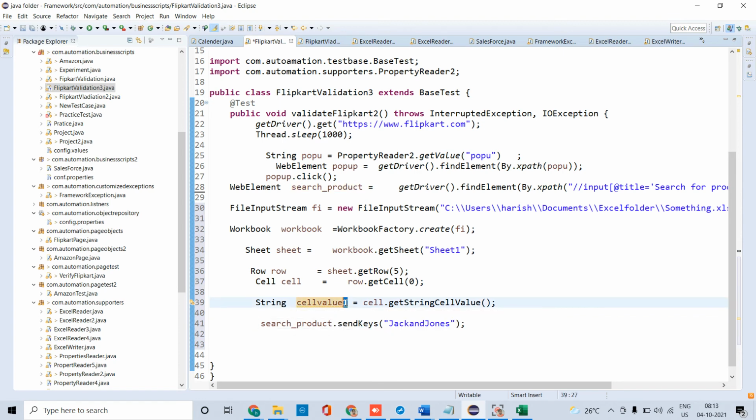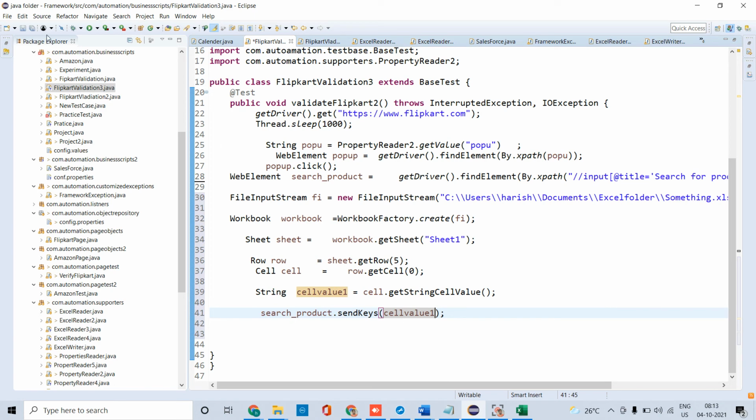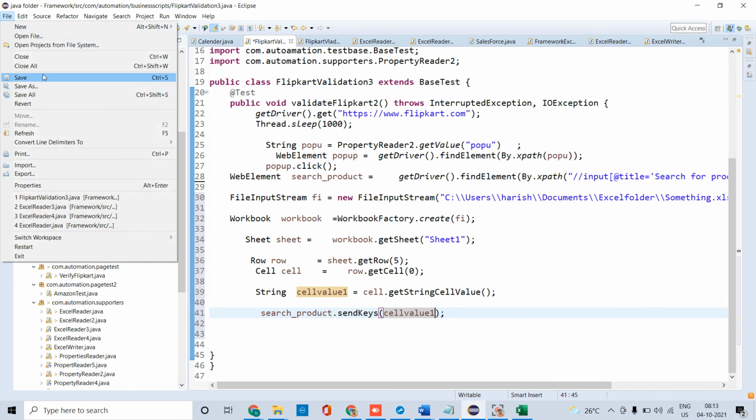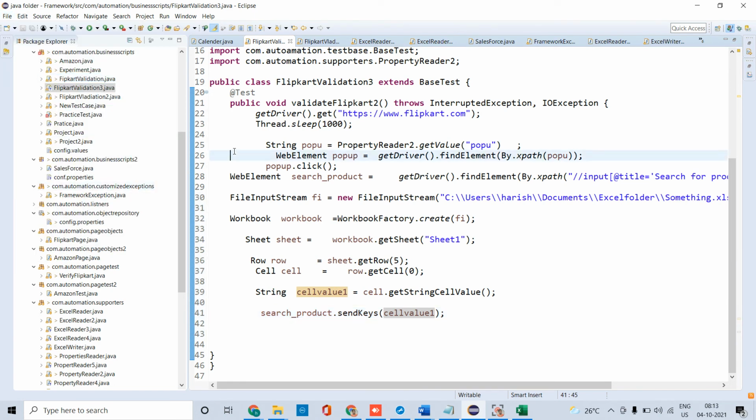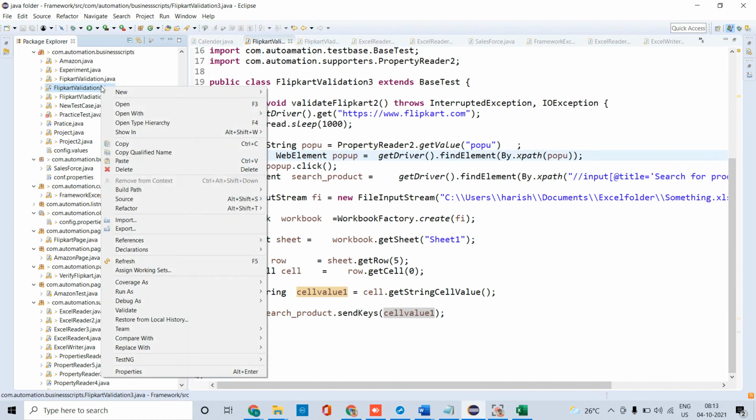Now I will take this one, so that instead of sending data through hard coding in that way, I want to take the test data in Excel. Then I want to supply it to the script. That is the main intention of data driven testing. So here I am following that procedure.